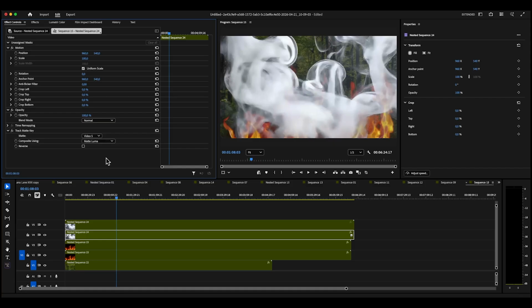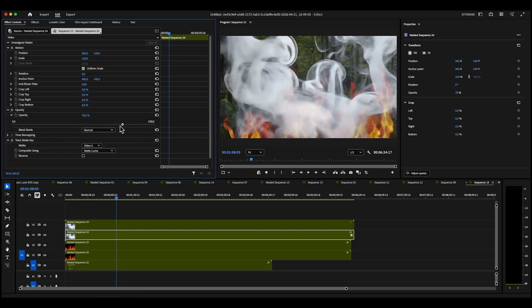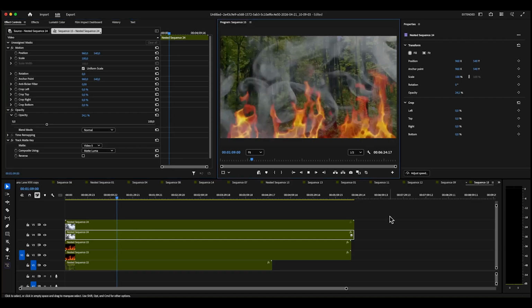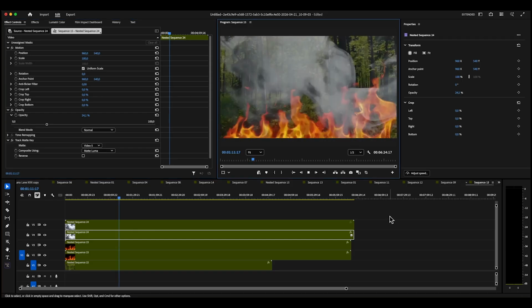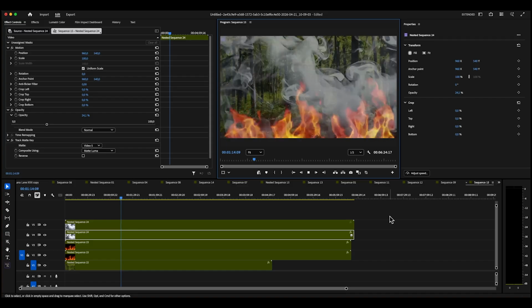Obviously, you can see here it needs the opacity taken down, but I want to take the opacity down on the clip that's being displayed. I don't want to take the opacity down on the mask, because I want the mask to reveal everything. So I'm going to go on to the smoke clip itself and take down the opacity. And now you can see I've got my fire and my smoke beautifully masked